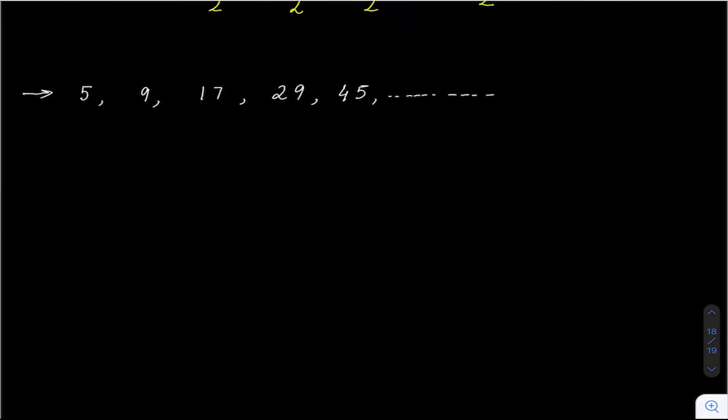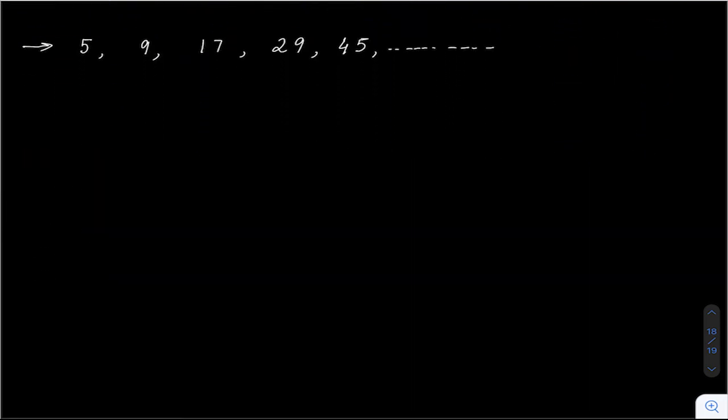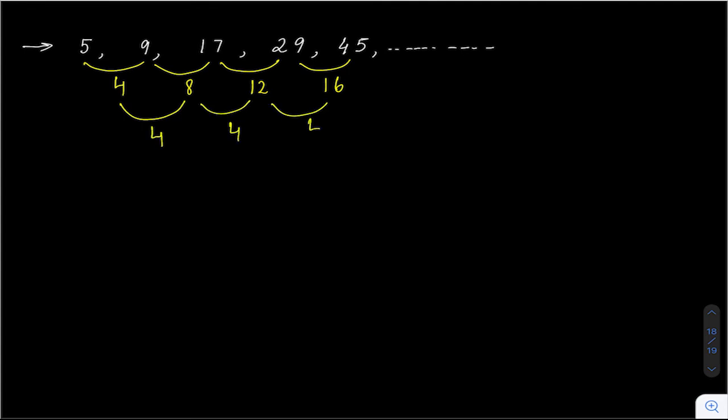So let's take one more example to understand this. Method 2. First I will find the first difference, that is 4, 8, 12, 16. This is my first difference. Then let's take the second difference. This will be 4, 4, 4. Wonderful. Now this is a quadratic sequence. So 2a will be equal to 4. The second difference is always equal to 2a. So my a value is coming out to be 2.